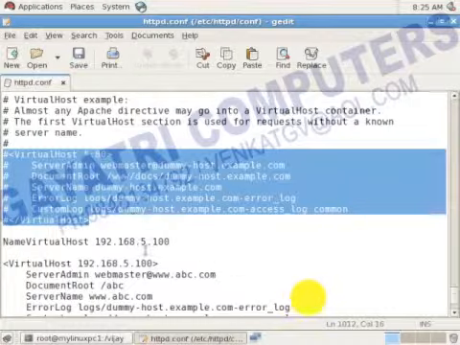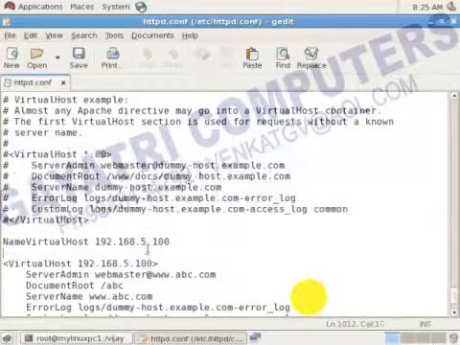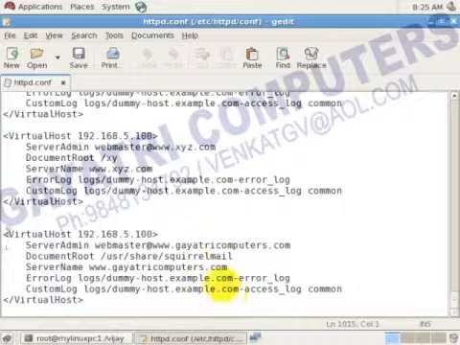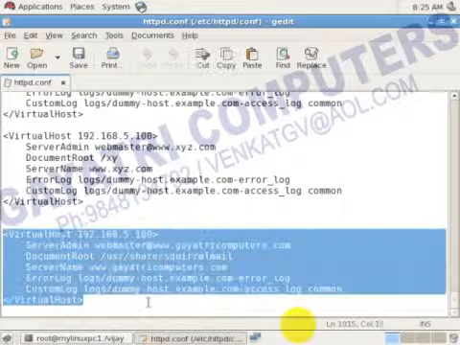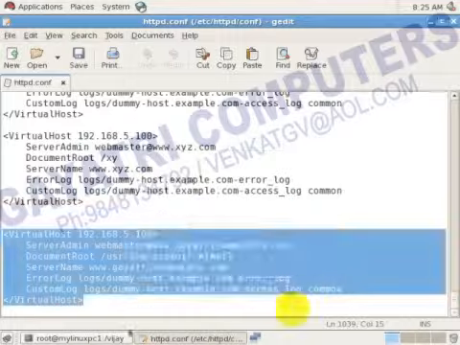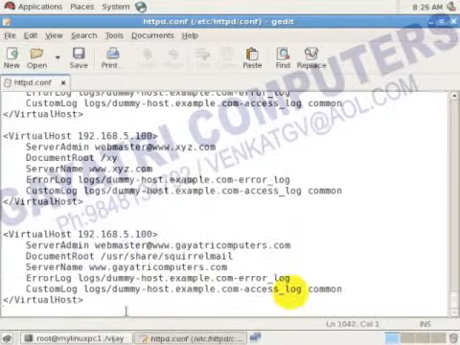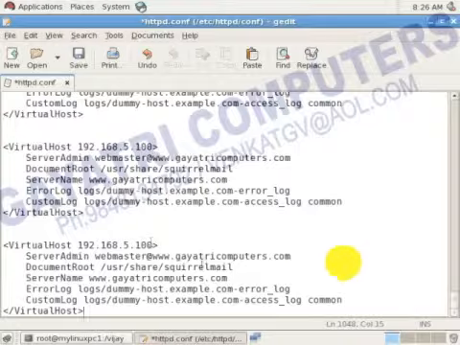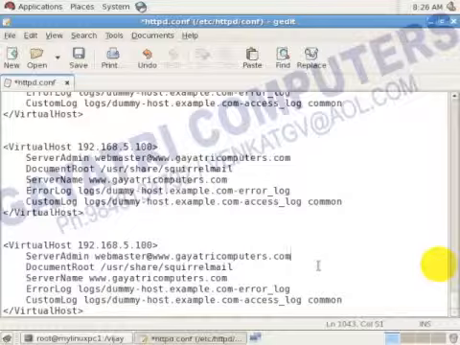Just copy it and paste it. It is already configured, so select the already configured one, copy and paste. Wherever you see GayatriComputer.com, the site name required is Vijay.com, so change it here.